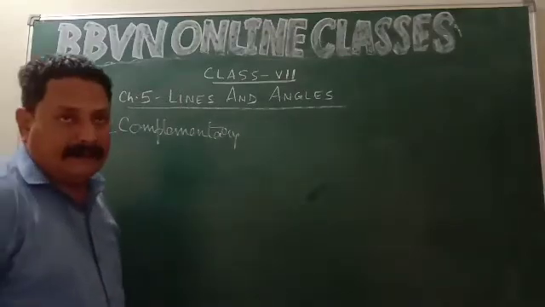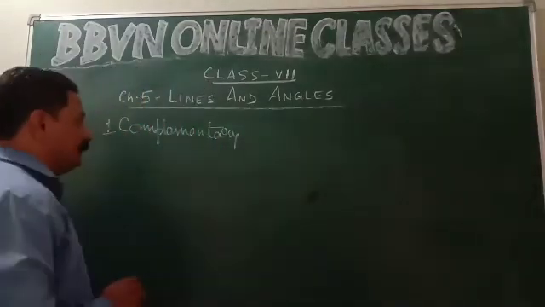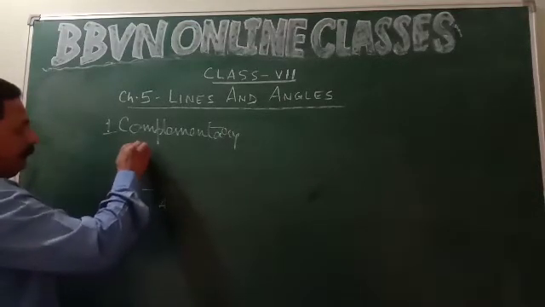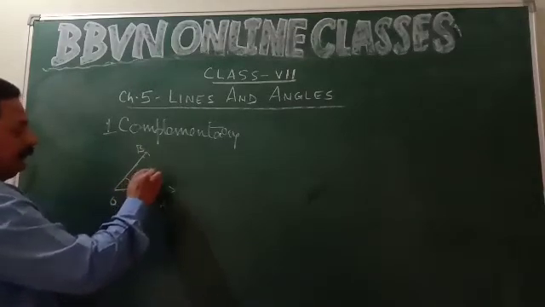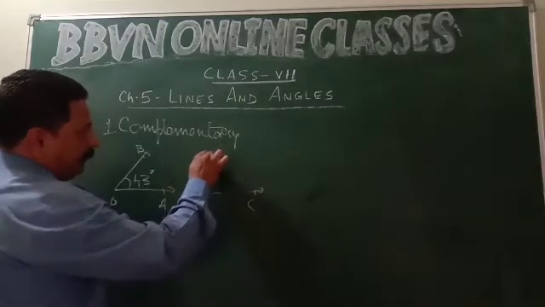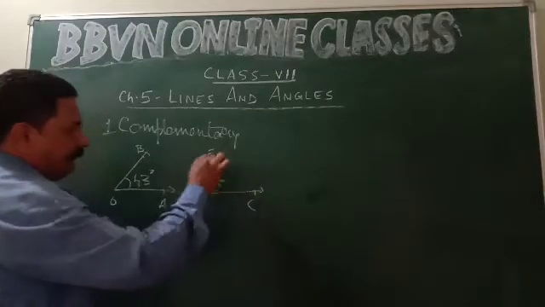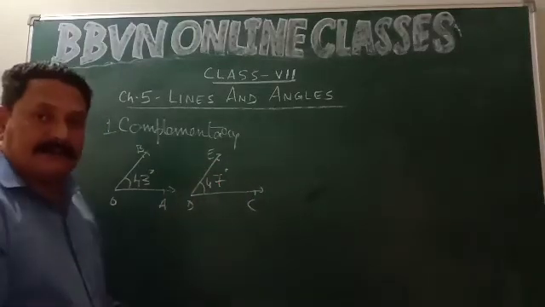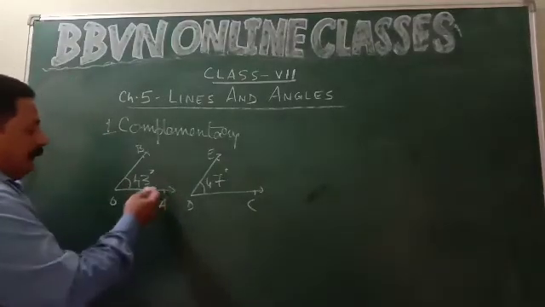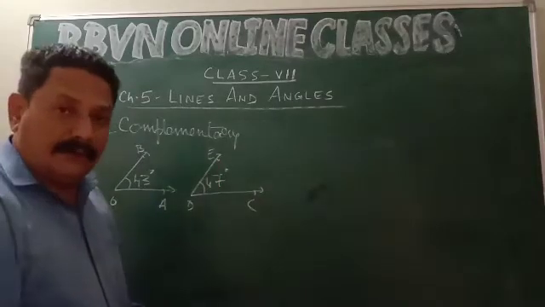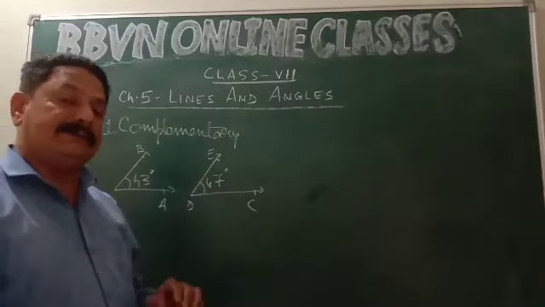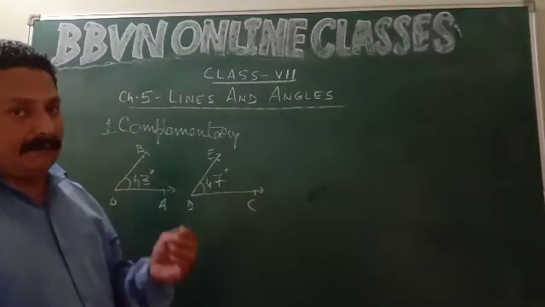What do we mean by complementary angles? If you have any two angles such that their sum is 90 degrees, say for instance we have angle AOB, it measures 43 degrees. You have another angle, say angle CDE, its measure is 47 degrees. Now if I add the measure of these two angles, 47 plus 43 degrees, it becomes 90 degrees. So angle AOB and angle CDE, they form a pair of complementary angles. So whenever you have any two angles whose sum is 90 degrees, those angles are called a pair of complementary